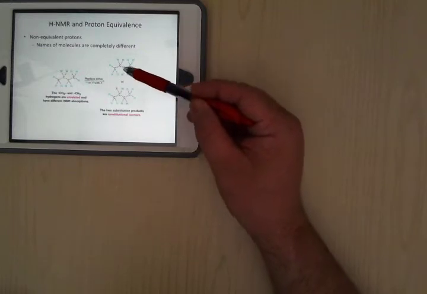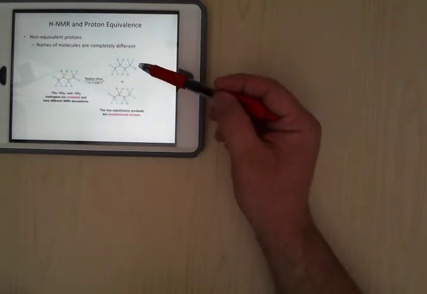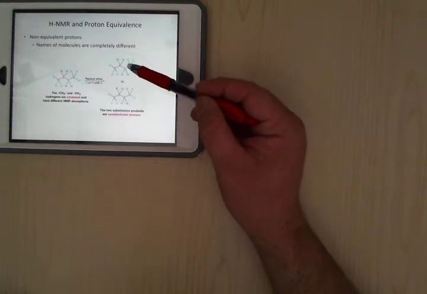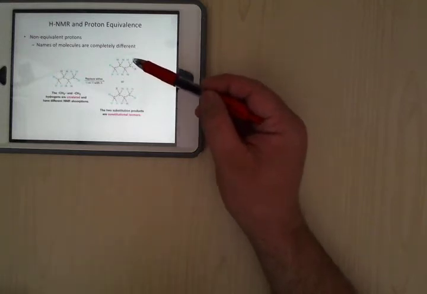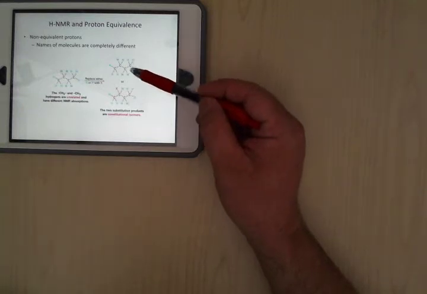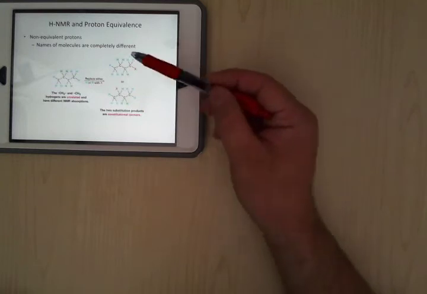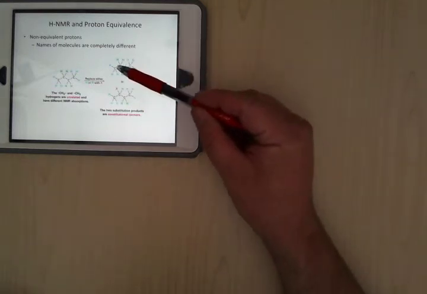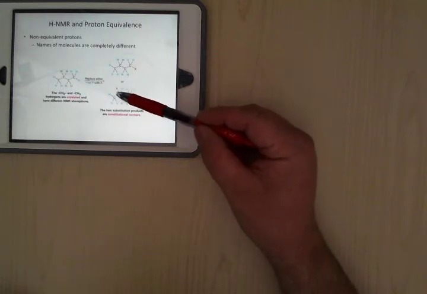If we name those, they would always be 1-fluorobutane. If we put it here, 1-fluorobutane. Put it here, 1-fluorobutane. So these hydrogens here and these methyl groups here are all equivalent hydrogens. Now, if you put it on one of these internal ones here, it just so happens that it would be